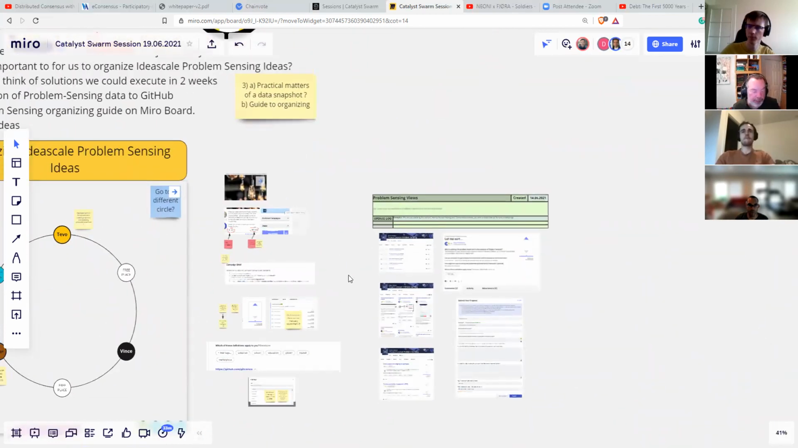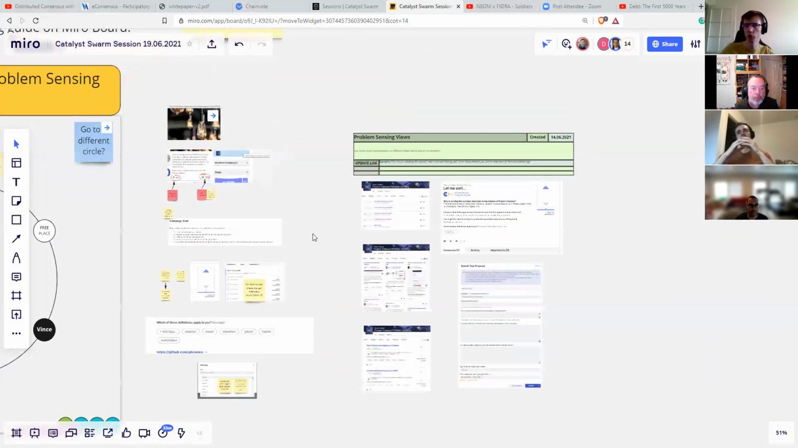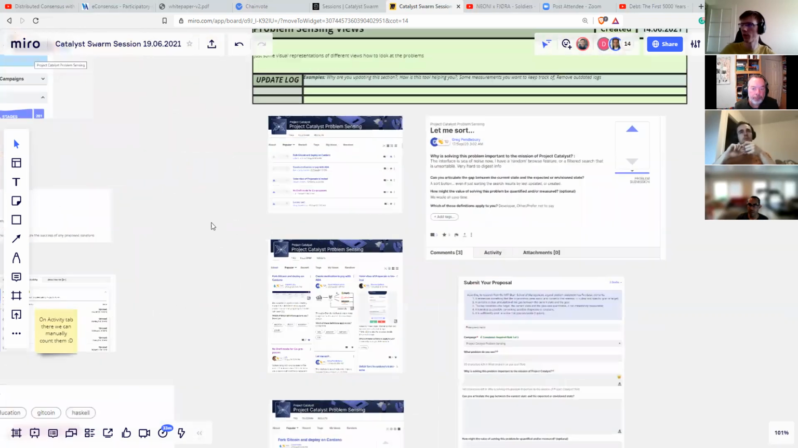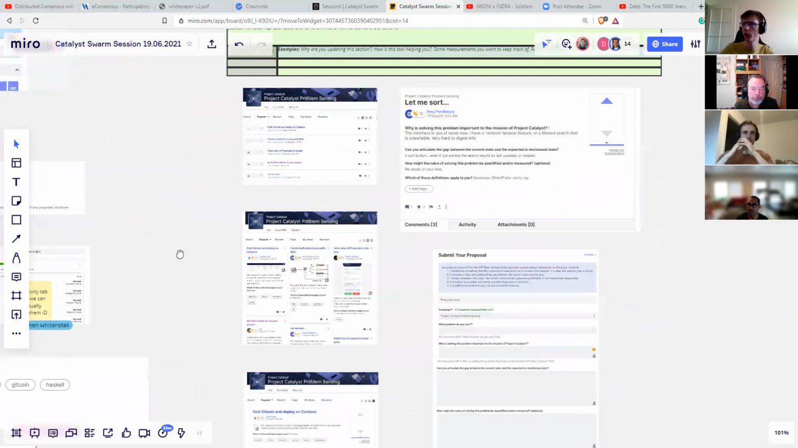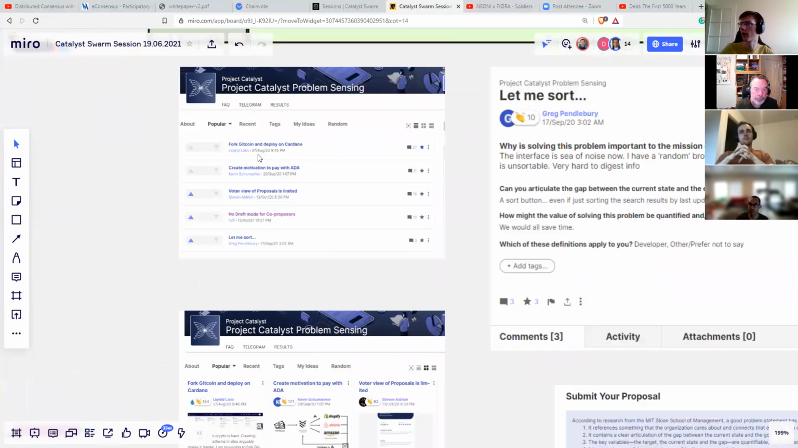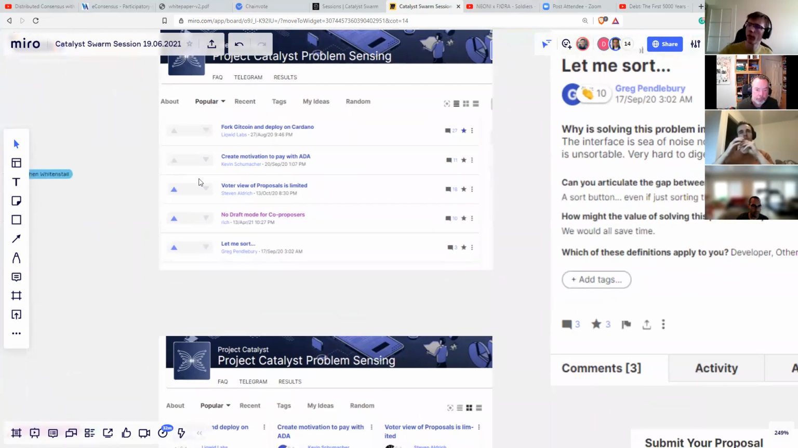For next time. But the basic point is that when you check the screen I'm showing you, you will see the same things. There are different views where people, like George said, put down problems they see in Ideascale, and there are a lot of ideas like fork the Gitcoin, great motivation to pay with ADA. So there are some things that are more like insight sharing, but they are in a gray area. So at the start we didn't know. Then voter view on proposals is limited. So that's again quite